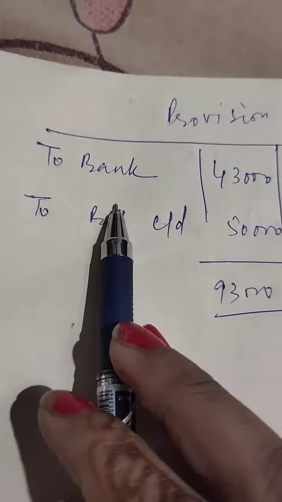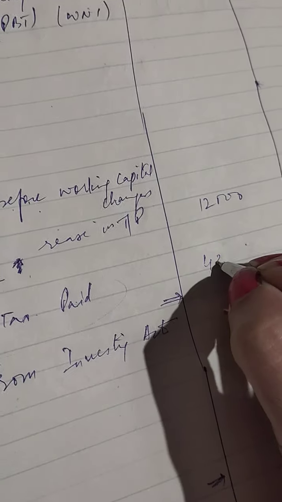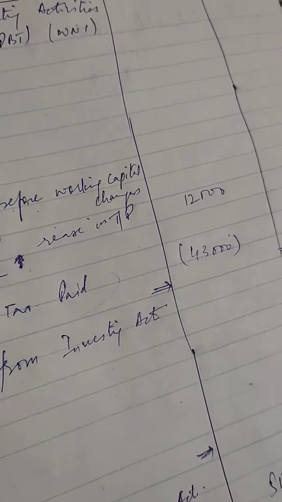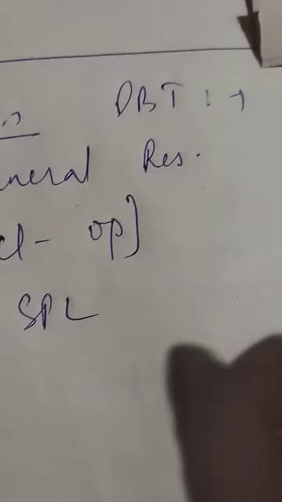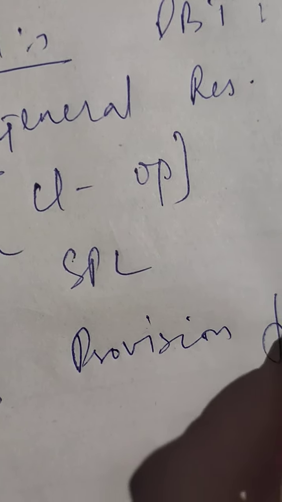Now you need to see that this is income tax paid. We left space over here for income tax paid, 43,000. I will put this on the negative, so I marked it negative, right? And SPL, this is 53,000, which is positive, so I will write here 53,000 as a positive thing, and I will write provision for tax. This was as per the question, right? As per the requirement in the question.